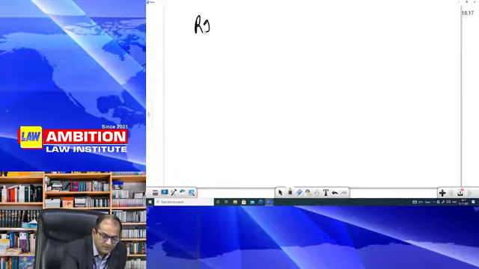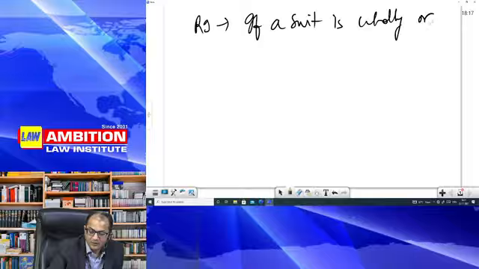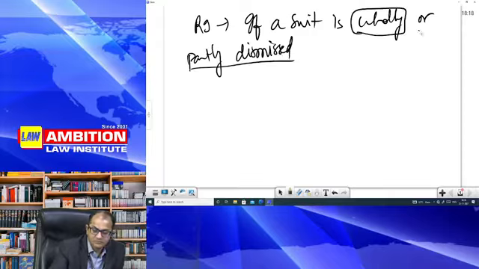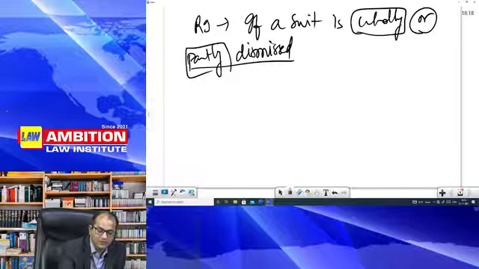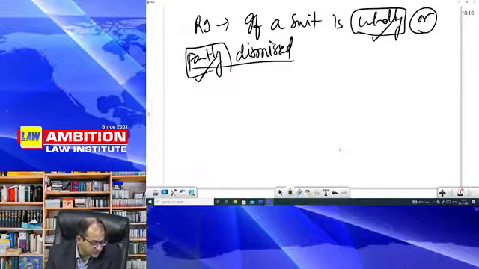So Rule 9 says, where a suit is wholly or partly dismissed,